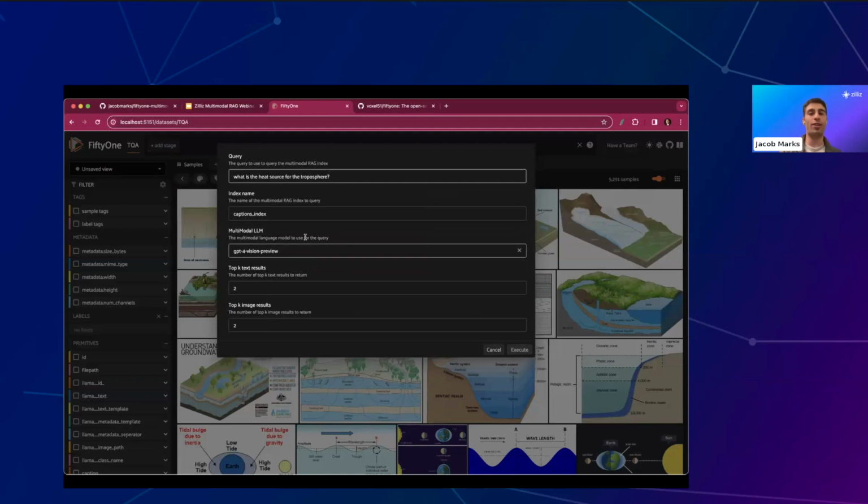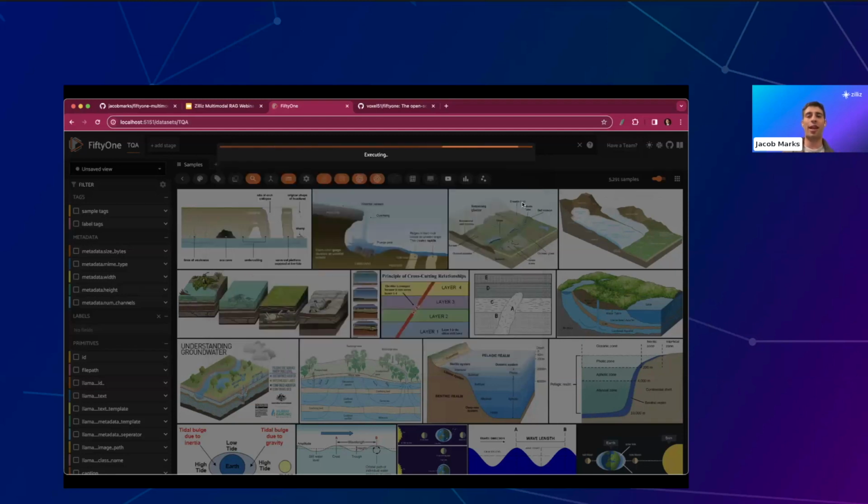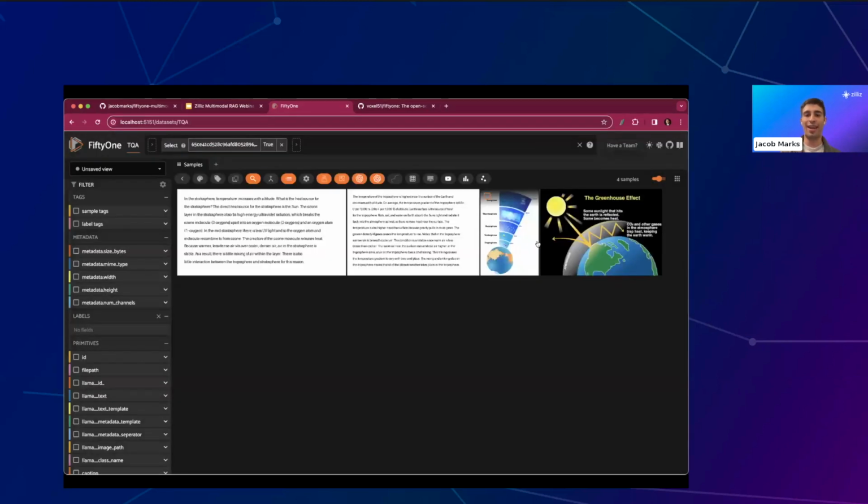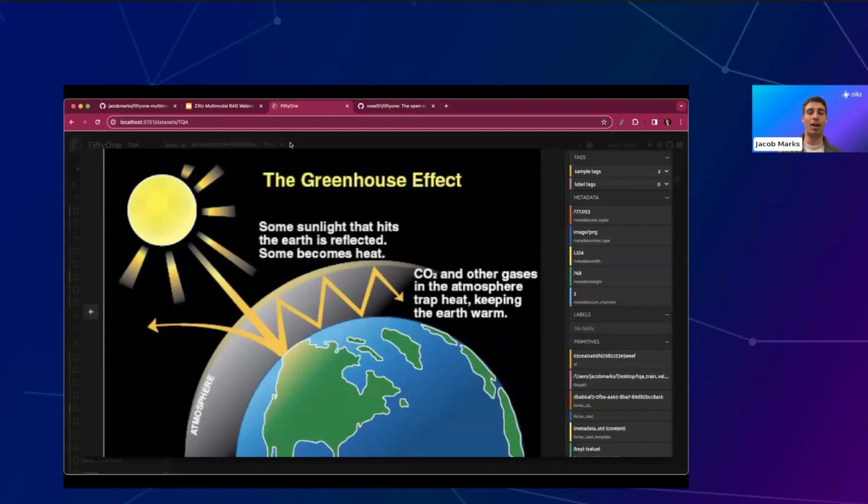And we could ask different questions if we wanted to. We could change the number of text results. We could change the number of image results. We could even add another strategy on top of this if we wanted to, for instance, rephrase the question or do something else entirely. So this is just a way to dynamically and interactively work with these multimodal indexes and to play around with different strategies. And here we can see in this case, so first of all, notice there's only 2 text results here because we changed the number of text results and we changed the number of image results. These images happen to be the same, but depending on the question, the images could have been different.